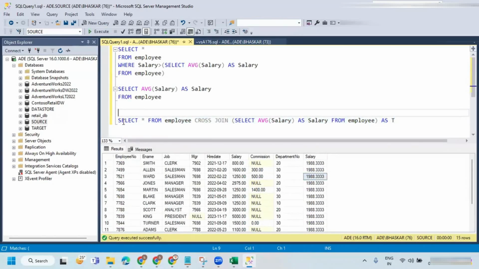On top of this, you can apply a filter: select star from the entire table where salary is greater than AVG salary.